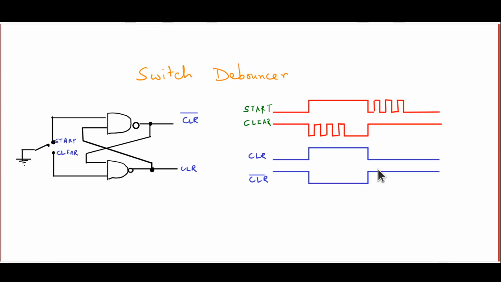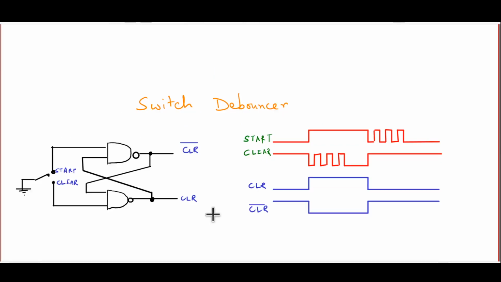So this is one very important application. Not necessarily the most important application of the RS latch, but one important application where you get to use the RS latch directly. Now the RS latch is the basic building block of the flip-flops that are used in digital circuits. However, it is very rarely true that a bare RS latch is used in a circuit. It is usually used more as a starting point from which you can build up more practical flip-flops. At the very least, you would have to clock a flip-flop in order to use it properly in